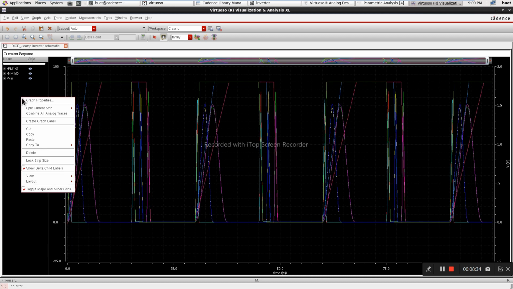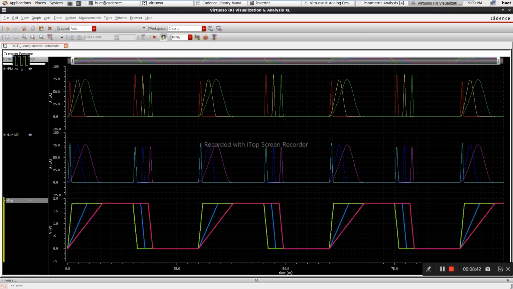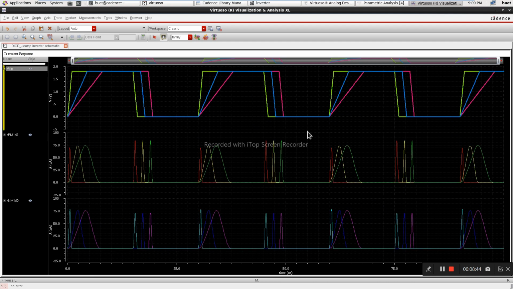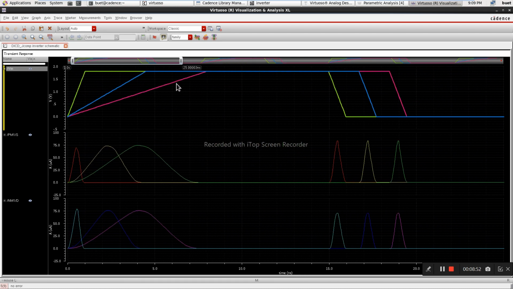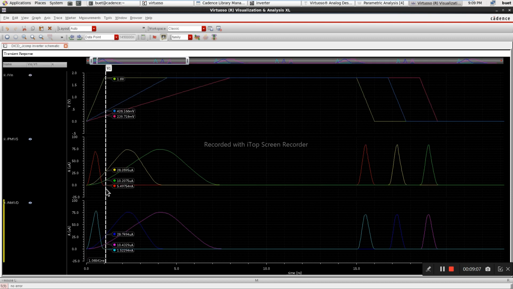Okay, we'll try to split into families. We'll pull this Vin, we'll drag this to top. Now we got 3 cycles, right? We are just interested in this one only. As of now, we don't know which is total current, which is short circuit current. We can verify by placing a marker. You can place a vertical marker. Okay, this marker appears.